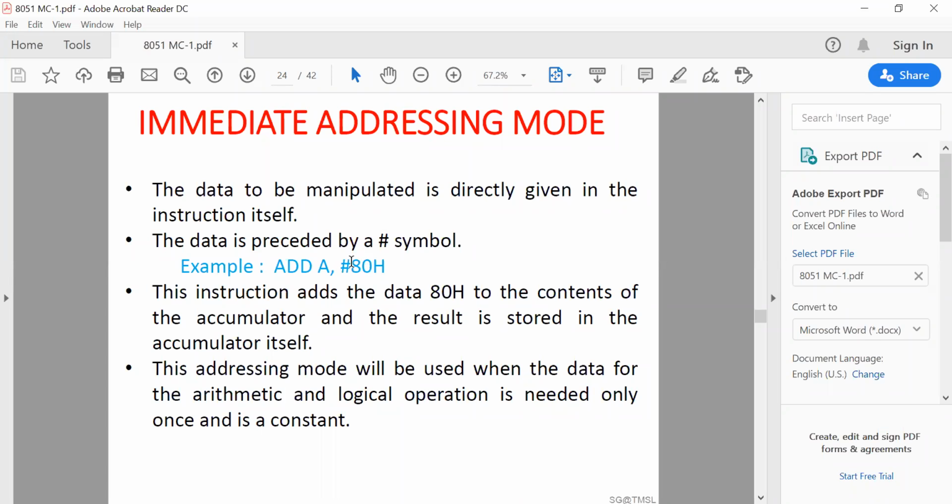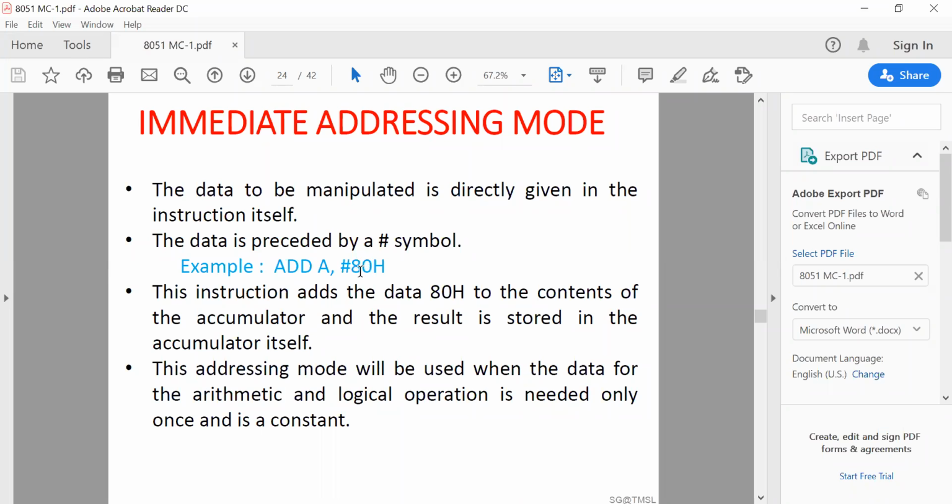So this hash represents that it's data, it's not an address. Because the 8051 microcontroller has 8-bit addresses as well as 16-bit addresses. The 8-bit address is to access the internal RAM, and the 16-bit address is for internal ROM or external ROM, and also the external RAM. So it's not an address.